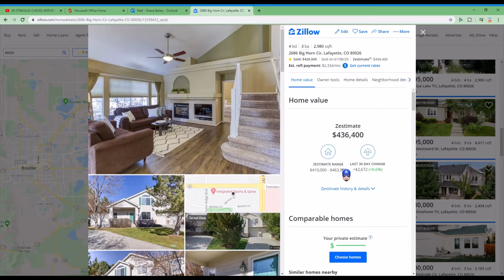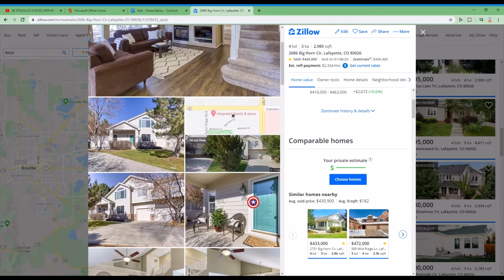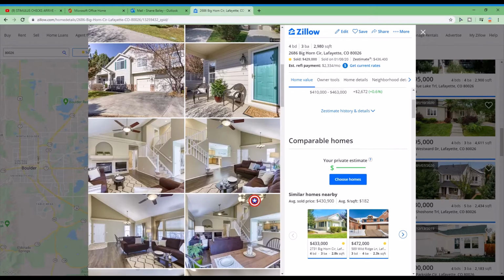This is the estimate range. Again, Zillow has gotten better with their estimates and their appraisals, quote unquote. They used to be all over the map, but usually these are a lot more reined in now, so they're going to be a little more accurate. So again, we're going to look through these pictures. First thing I want to do,